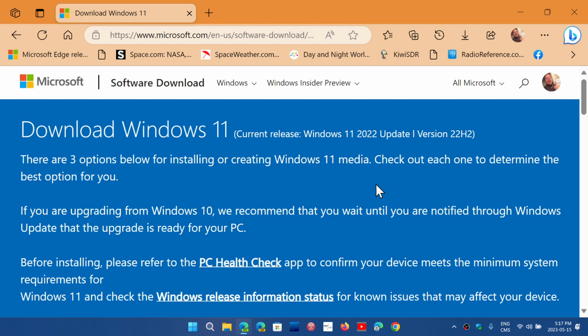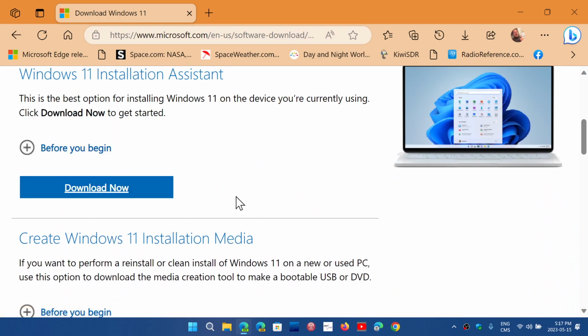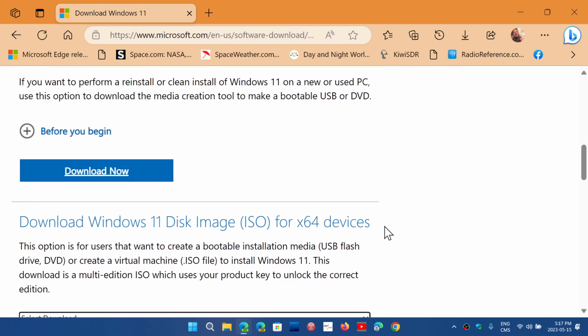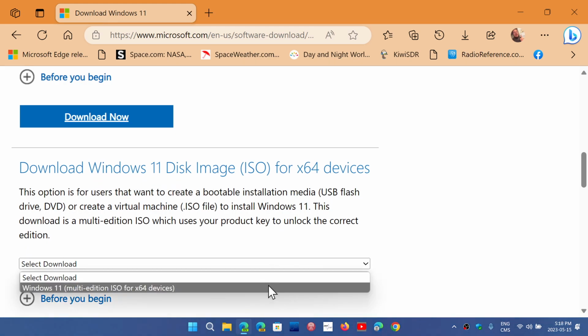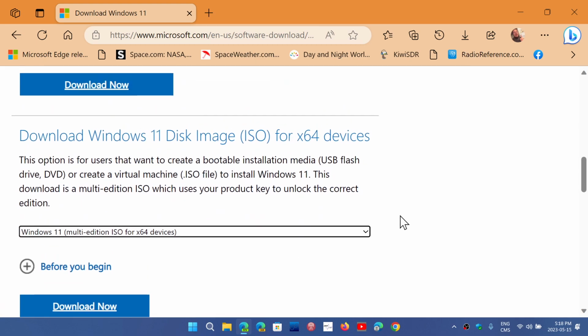So you go to this page and you can, of course, download the media creation tool, which is the installation media, or the installation assistant. These will all bring you the latest version anyways. And of course, if you want to get the latest version, you download the Windows 11 disk image here. So you choose your image, multi-edition here in this case. And you also have other choices available. So this is going to give you the latest image with the Patch Tuesday updates of May 2023,